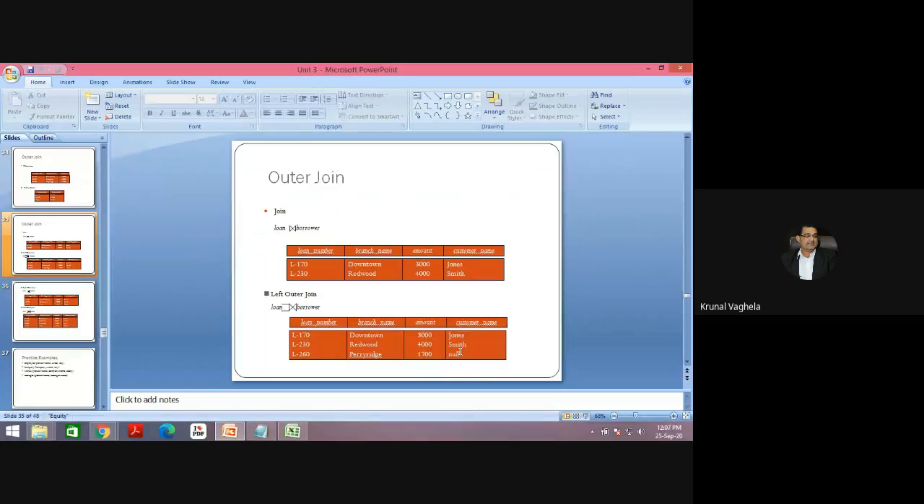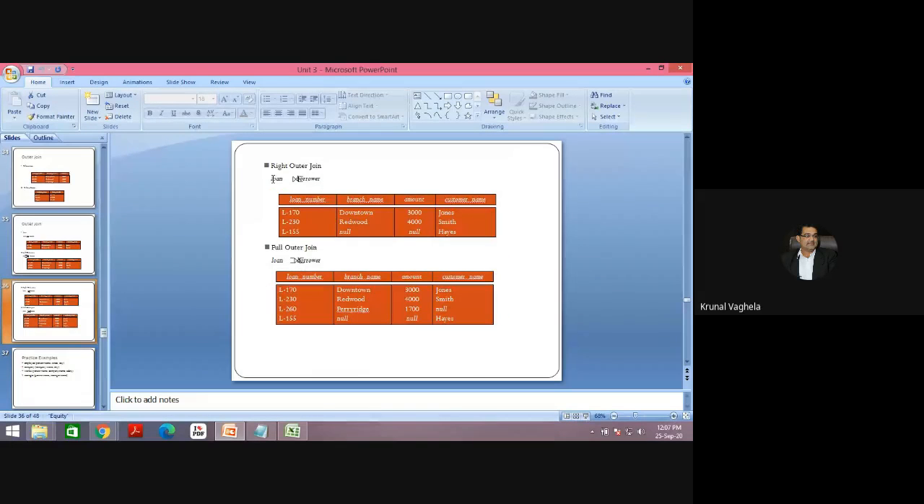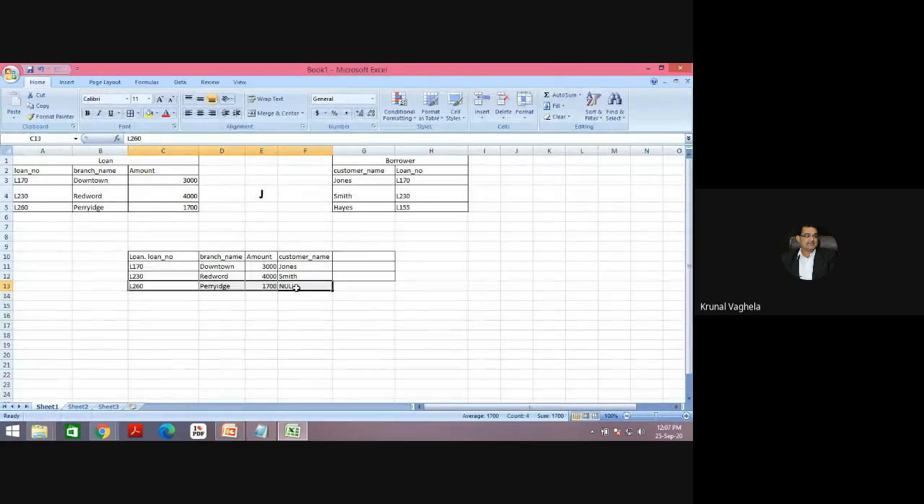Now you must have understood the meaning of right outer join. Here is the right outer join: loan outer join borrower, and this will be the symbol. Now what is the right outer join? It will give you